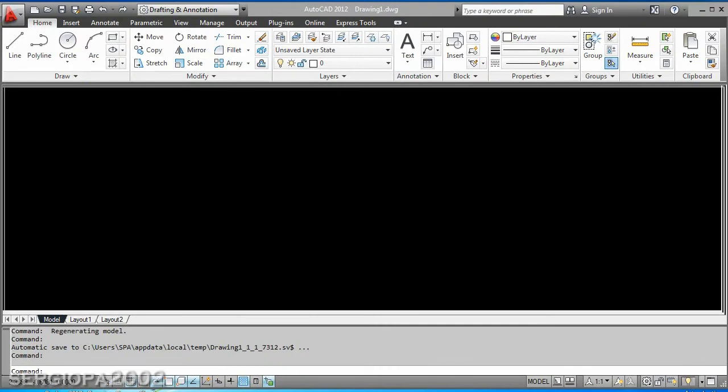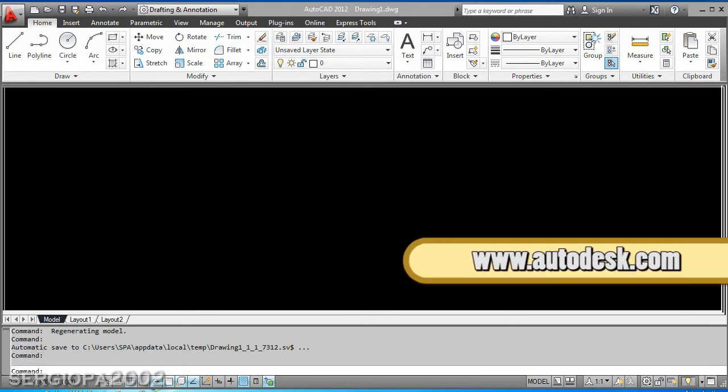Now that we know a little bit more about what drawings are and why we need drawings, it's important to also check the main features of AutoCAD and become familiar with the main interface. Before we start though, I want to tell you that you can download AutoCAD from autodesk.com, the Autodesk website, and